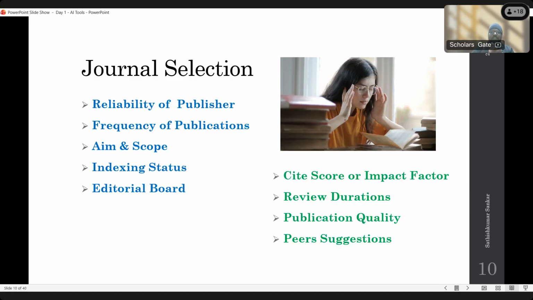Now journal selection. There are different factors we want to consider before selecting the journal. The first one is the reliability of the publisher.